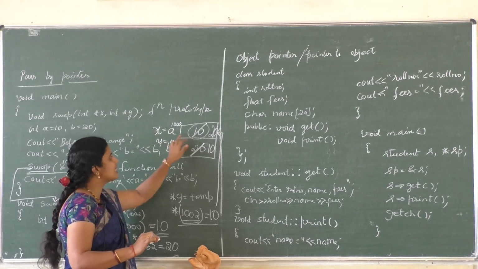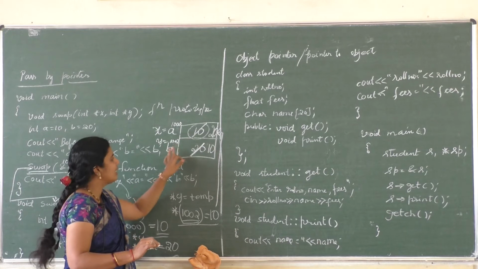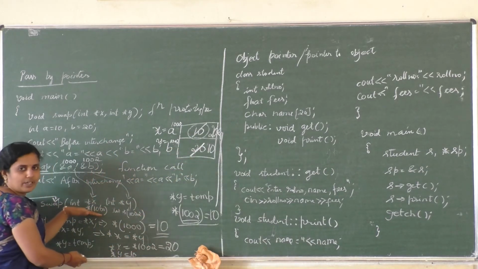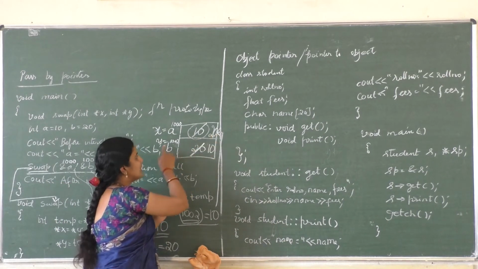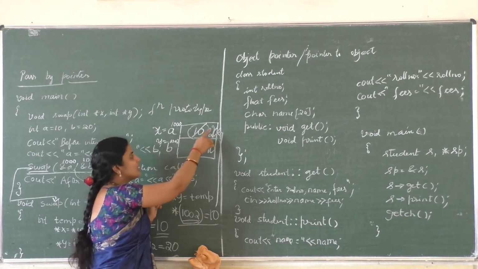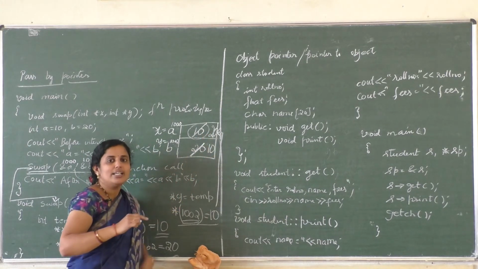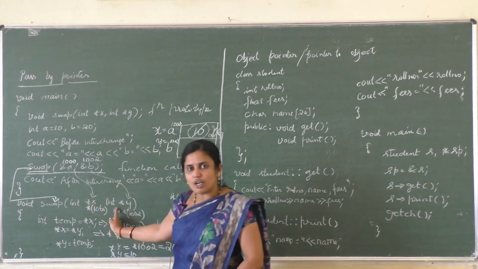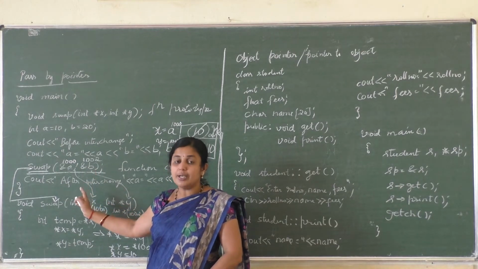That is, the value in the 1000 memory location was 10 and the 1002 memory location was 20. In this user defined function, we have interchanged the value of x and y, and it has got reflected in A and B. That means here x and y are formal arguments, A and B are actual arguments. Is it clear?